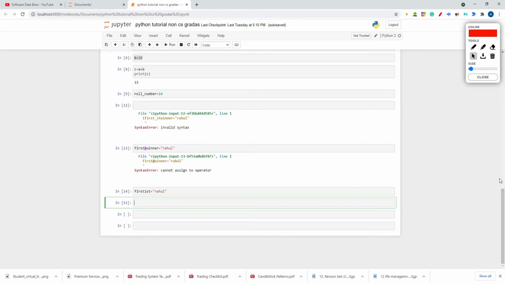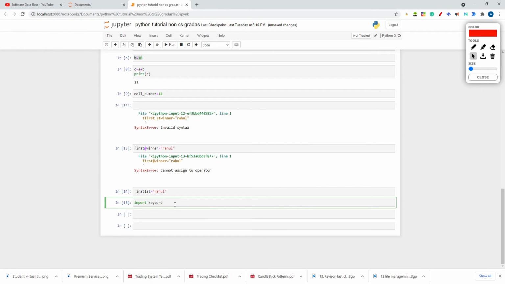For that I need to import something. Let's import keyword. What is this keyword? This is a library that I am importing. What is a library? It's a functionality. Suppose you are a student of mechanical engineering. In your college library, there are books related to fluid mechanics or strength of materials.